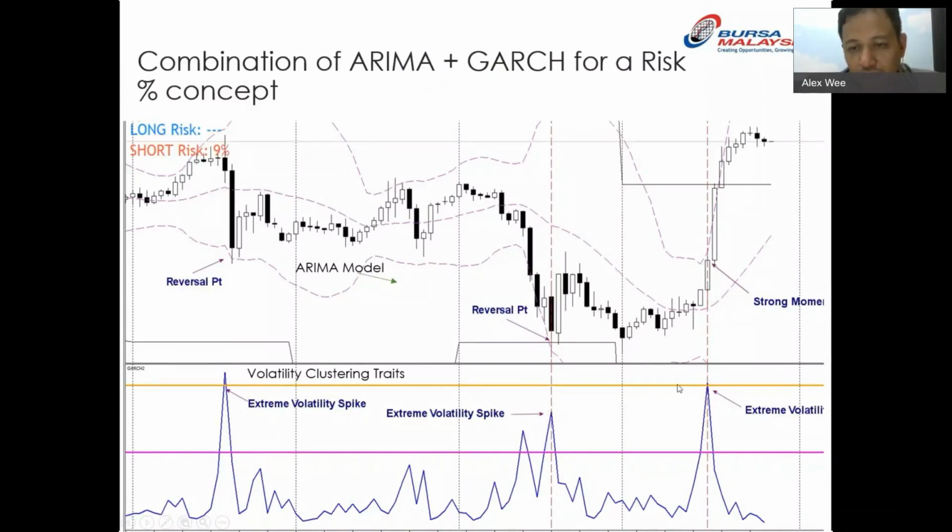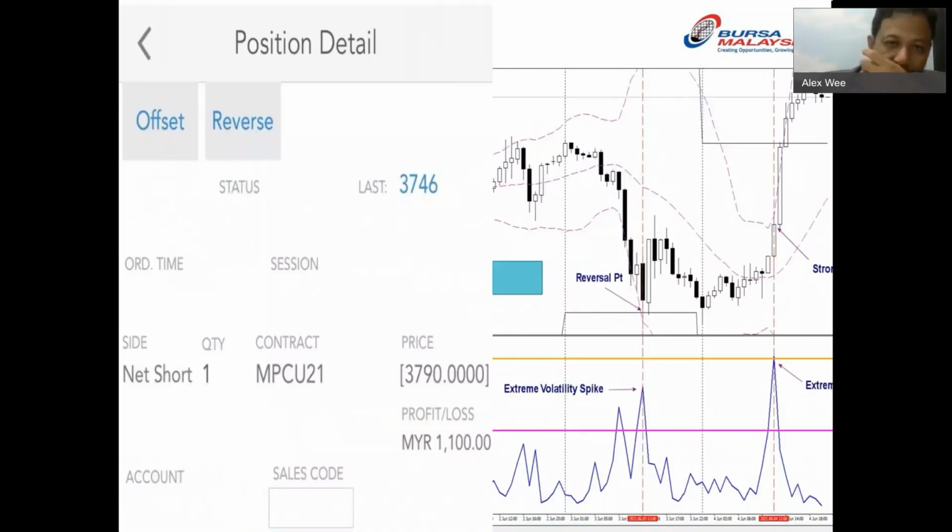Extreme spikes show you the ARCH model, combined with ARIMA, this is the modified ARIMA. If we touch here, there's a spike. It touched the ARIMA, and even better, it's also at the Bollinger Band. That tells you a triple confirmation that the price could be reversing back up. And if there's extreme volatility, it could also mean a strong move coming ahead, if it's not touching the lower. If it's going up, it might also show a spike. So the ARCH model can be used in both ways, just like the Bollinger Band.